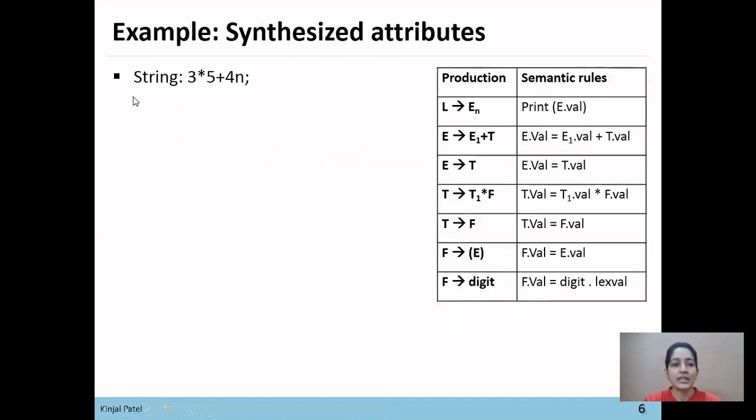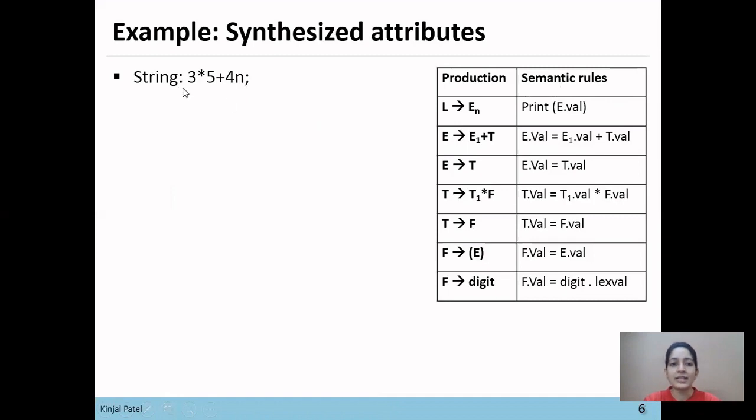Okay, so here is the string which we want to parse using these semantic rules. We will construct the parse tree for this production rule. And if we construct the parse tree for the semantic rules, meaning we assign the attribute values in the parse tree, then it is said to be an annotated parse tree.